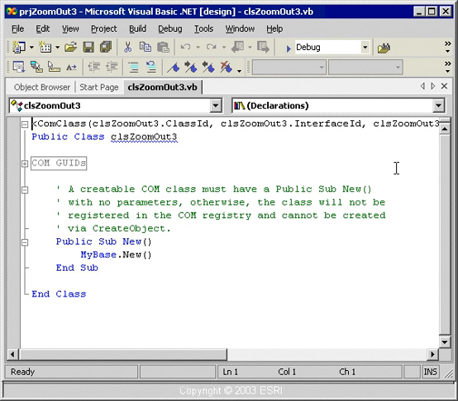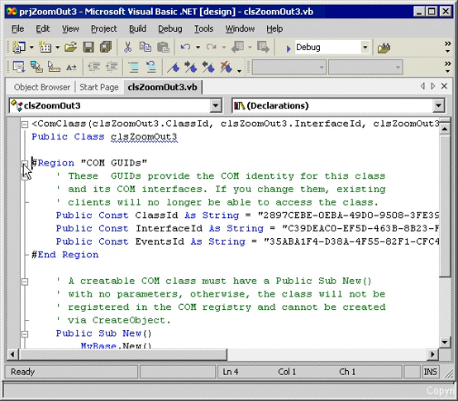the code editor. The first line contains the name of my class, and this is the class declaration. Beneath that is a public class. Notice the wavy underline. There is a syntax error at the moment, but that will be corrected when I introduce the implementation code. Here's a collapsible region for COM GUIDs, and when I open that, notice that you actually see